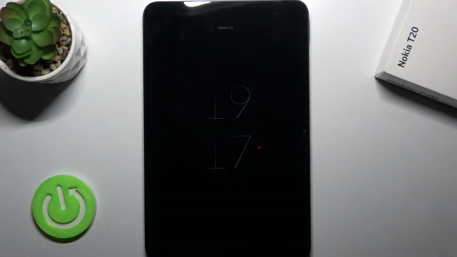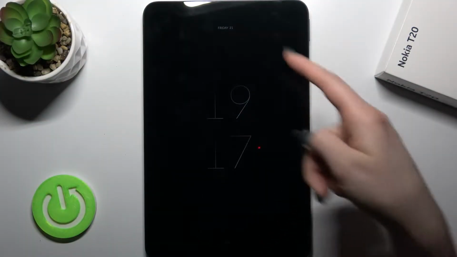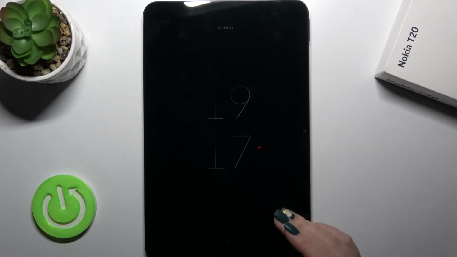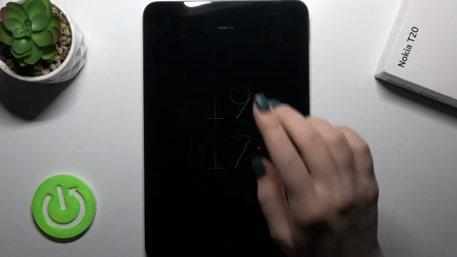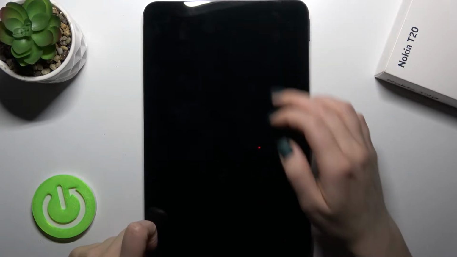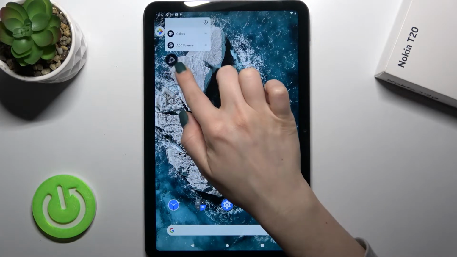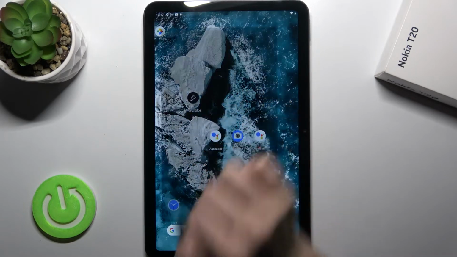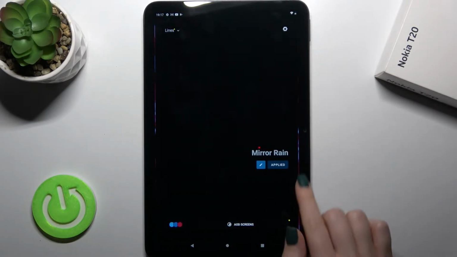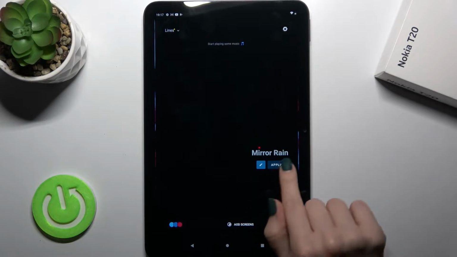Today in front of me is the Nokia T20, and I'll show you how to turn off the always on display feature on this device. So first you should just go to the Muviz Edge application, and now just here we got, as you can see, they applied the mirror